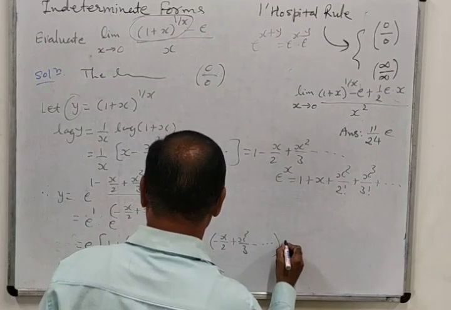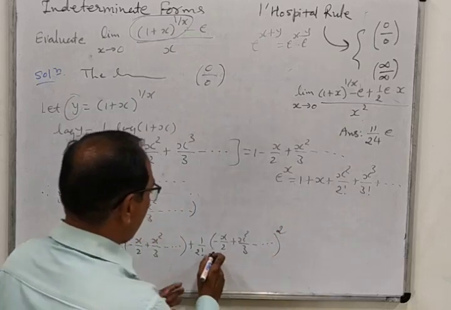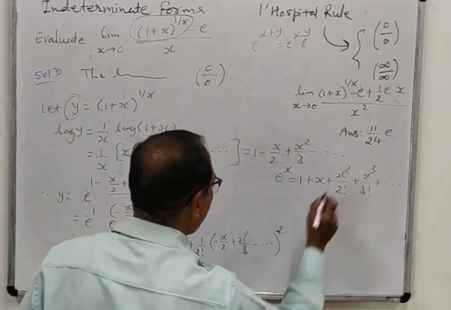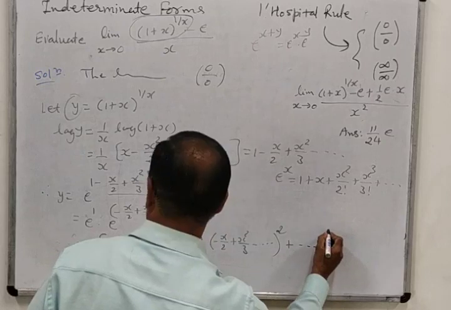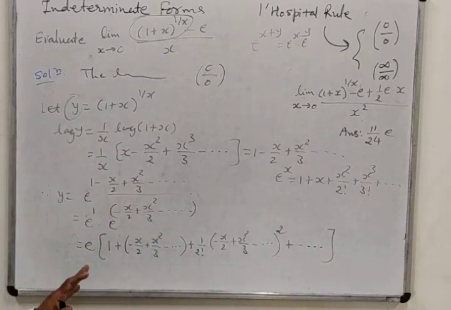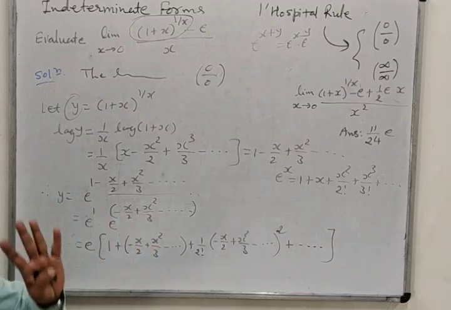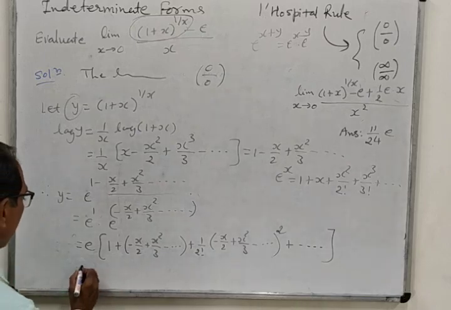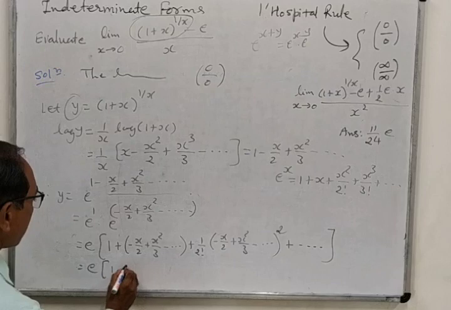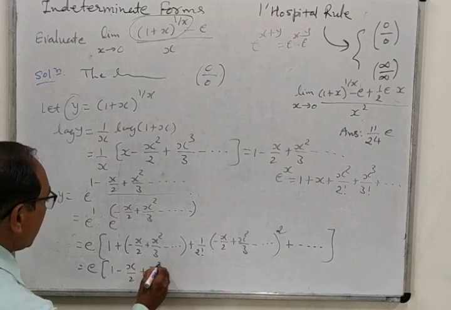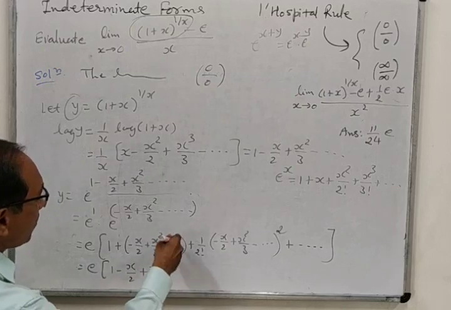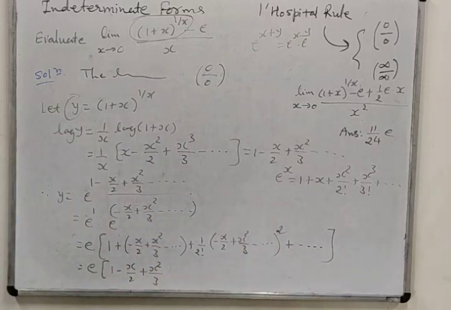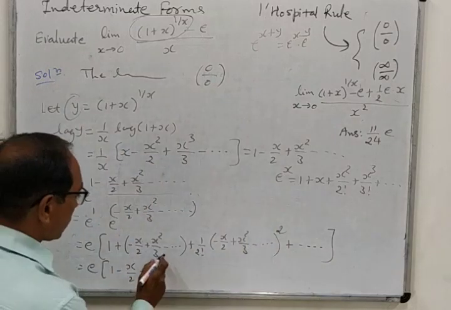Okay, so here this is x square, that means bracket square. X cube I will not write, I will write dot dot dot, because the x cube and higher terms I don't want. Up to x square only we want. We can write, no doubt, if you want you can write, but at this stage we don't want it. So e into 1 minus x by 2 plus x square by 3, the other terms x cube by something, whatever it is, that we will keep in plus dot dot dot. Okay, so I will stop here.